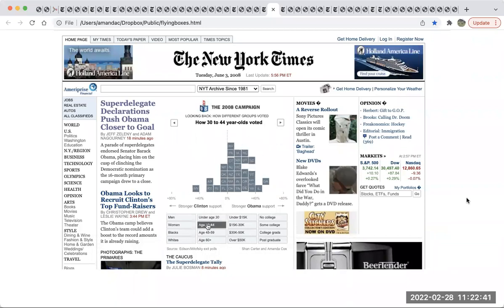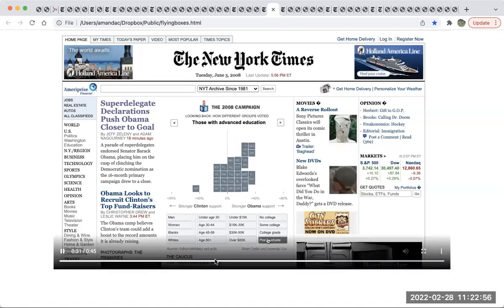Young people, a little older, and a little older. But my favorite one is education. So there's no college, some college, college grads, and postgrads. And the box there, that's people in Arkansas with the postgraduate education. So I think of them as like they were friends of the Clintons. And that box, in some ways, to me, that idea of that box, that is the point of data visualization,